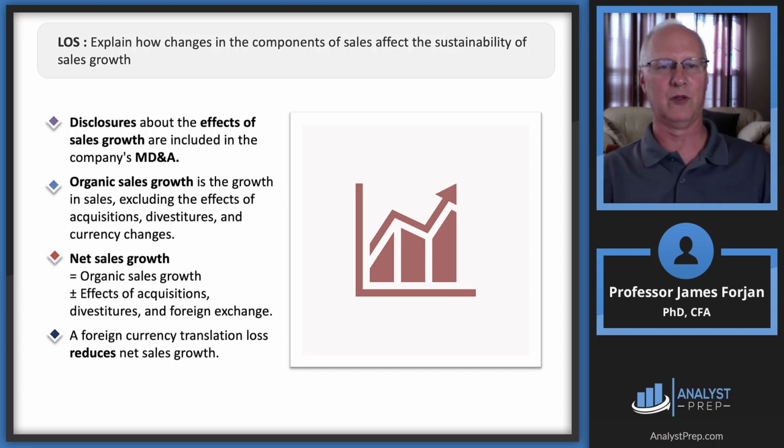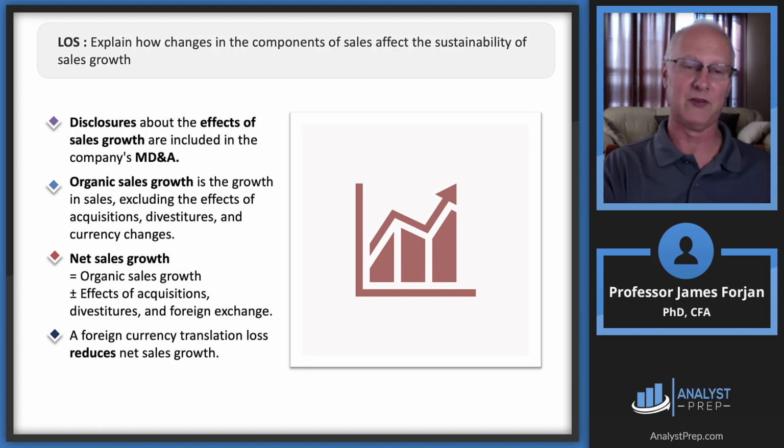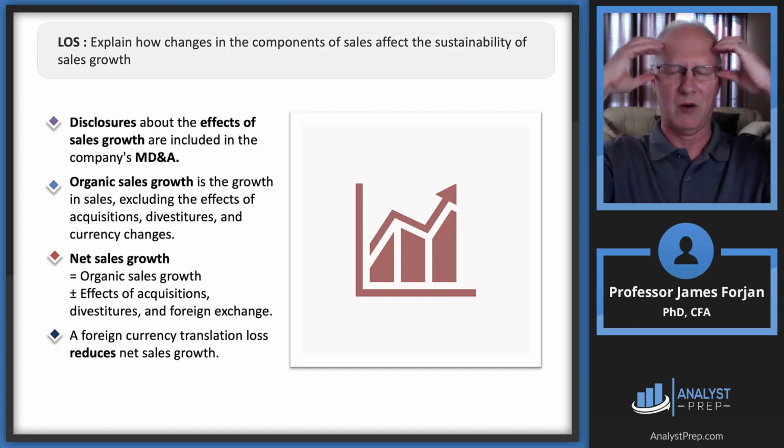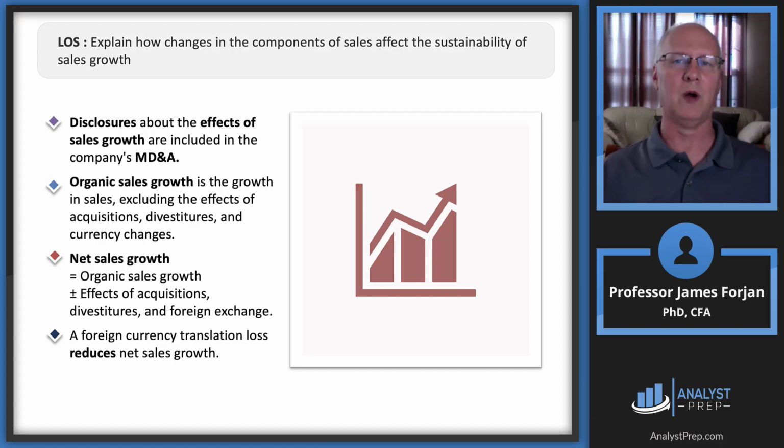Net sales growth is equal to organic sales growth plus, now there's a plus minus sign there because we can acquire, we can divest, and we're going to have foreign exchange losses. And so note the bottom diamond point there. Foreign currency translation loss reduces net sales growth. So let's think about what this means from an exam question and from good financial analyst framework, is that we